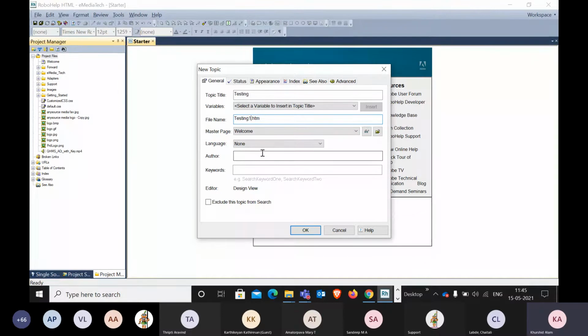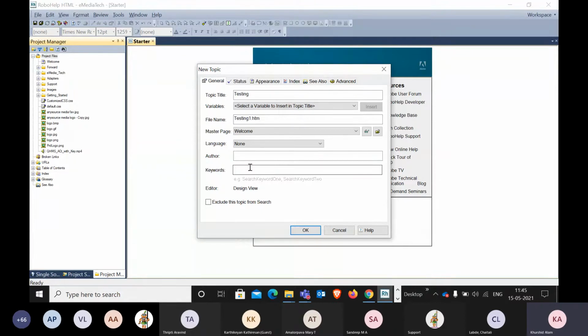Then you need to apply a master page from here, and this means that you need to create master pages, multiple master pages, and then you need to select the one that you want for the topic. Typically in RoboHelp, you can apply different master pages to different topics based on your requirement.